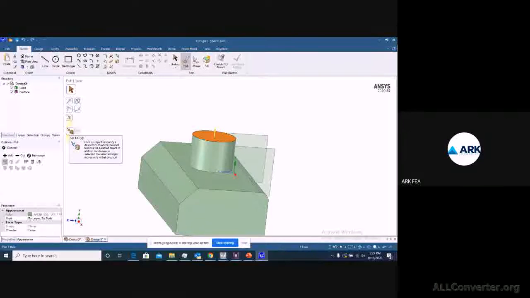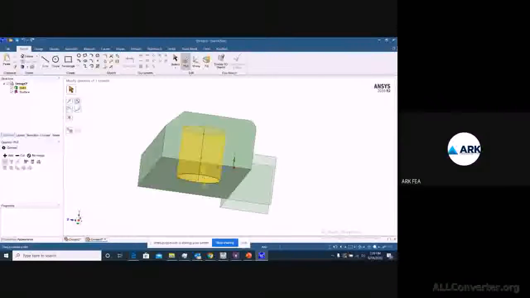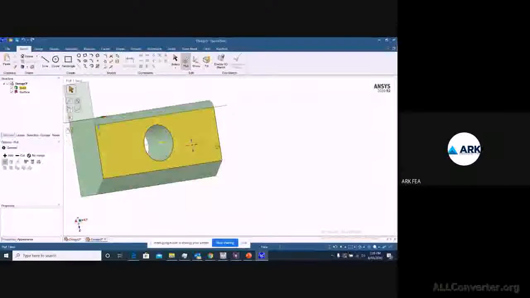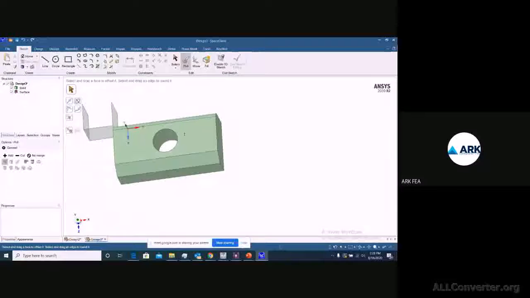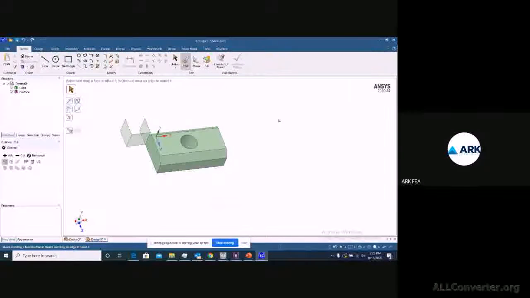So you just have to select, and the reference you can give. I'll give this plane so that it's trying to cut out till here, right? So this is how you can cut it. Then now we have this geometry here.